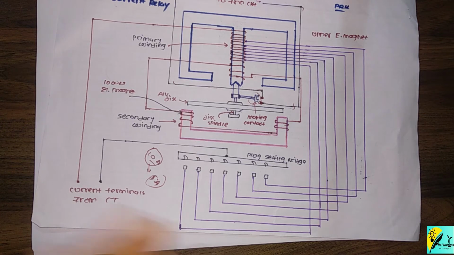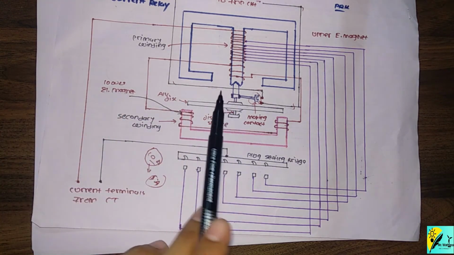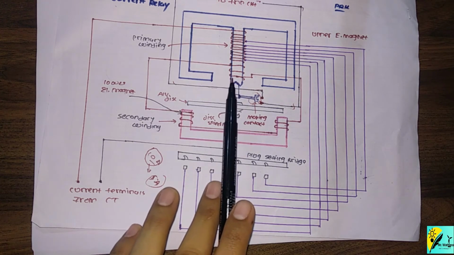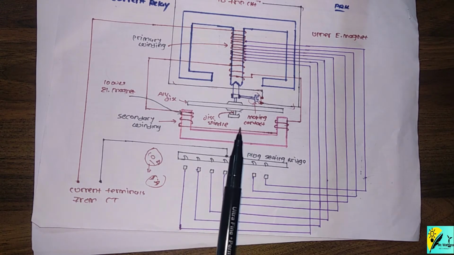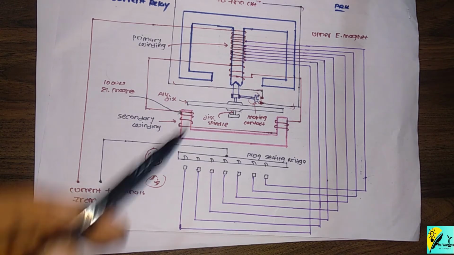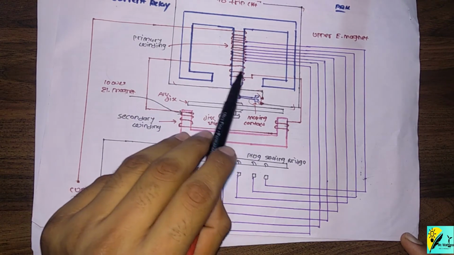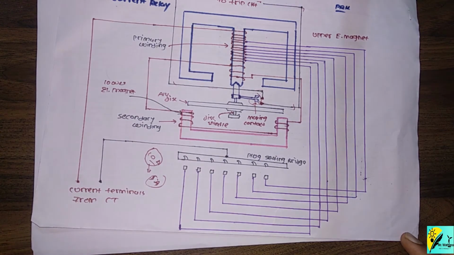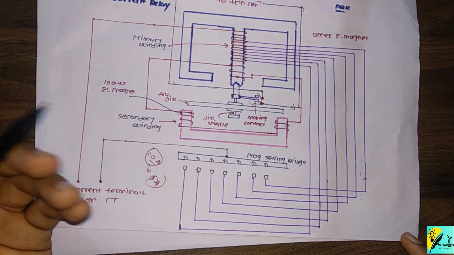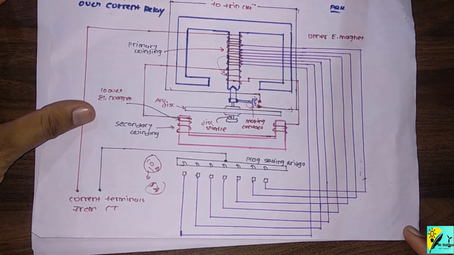Fine. So the secondary winding on the central limb of the upper magnet is connected in series with the winding on the lower magnet, and this winding is energized by induction from the primary. So by this arrangement, as you can observe here, this is the closed circuit. So this winding is energized by induction from this primary. This induction will energize this particular winding.